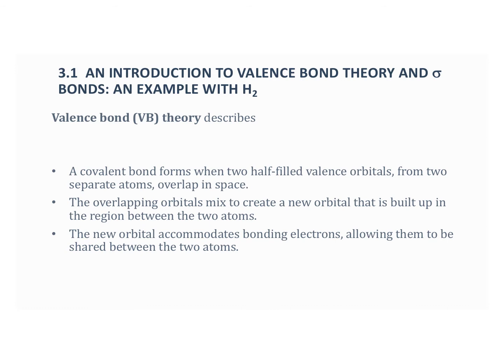Valence bond theory takes this idea further, and it focuses on the orbitals where these electrons reside, both before and after the bond forms. Valence bond theory describes where electrons from 2 separate atoms reside